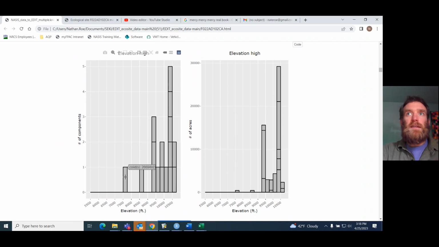And what I want to stress is that it's very important for high acreage components to have a correct correlation. This component here we can see is of quite low acreage. And so that's not going to shift the distribution considerably. And when we're calculating these standardized values, it's not going to affect those calculations all that much. If this component here that's kind of bordering on outside of the range, if that's what an ecologist were to determine,